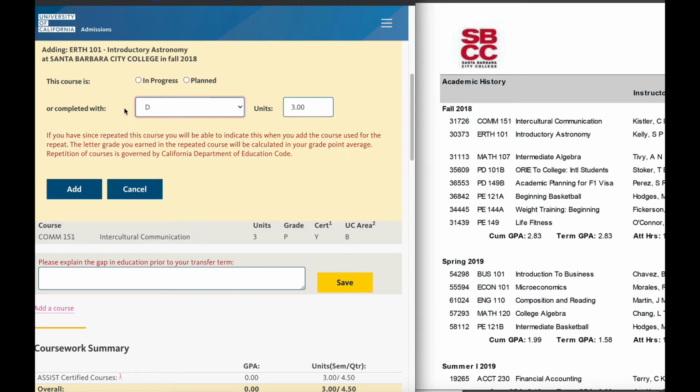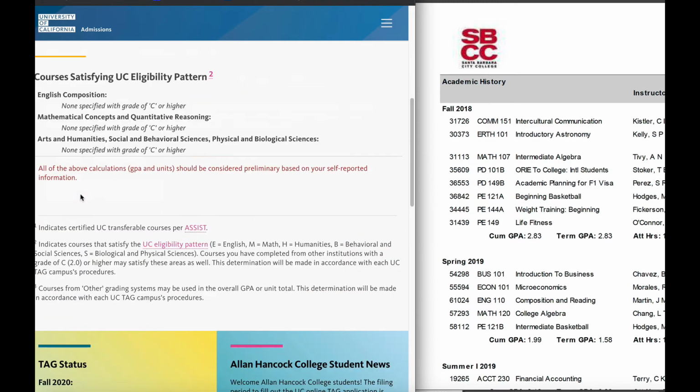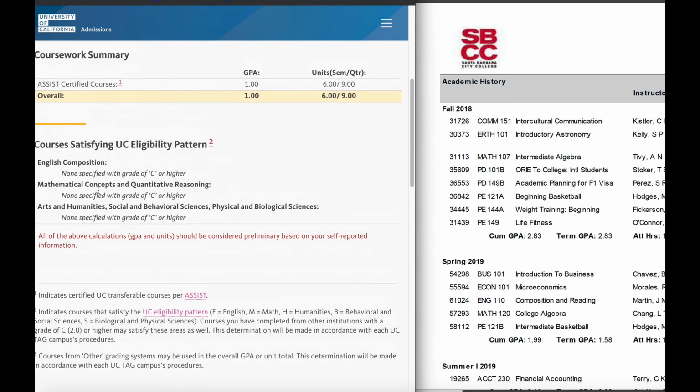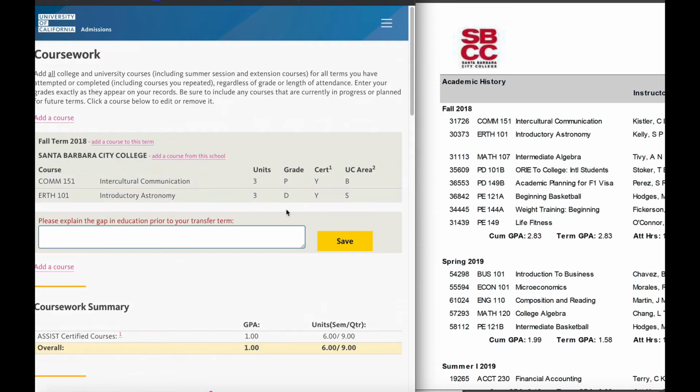So basically, give yourself the D because that's what you got in that semester, but later on, when you repeated the class, you'll be able to say, hey, this is a repeat of that D in Earth Science 101 that I got. So I'm gonna go ahead and click add, and I'm not gonna worry about that repeat until I get to that semester. Instead, I'm gonna continue with this fall 2018 semester, and I'm gonna finish putting all the